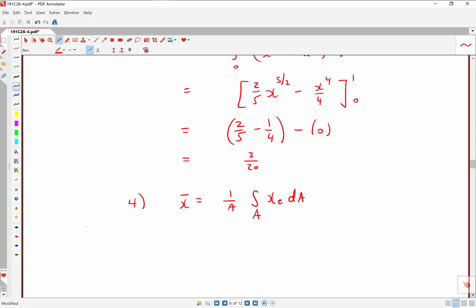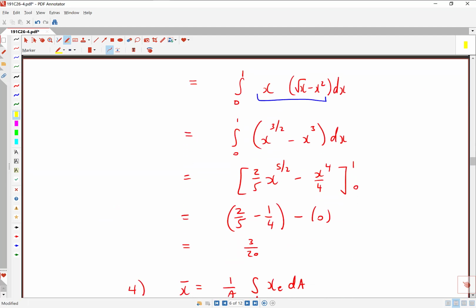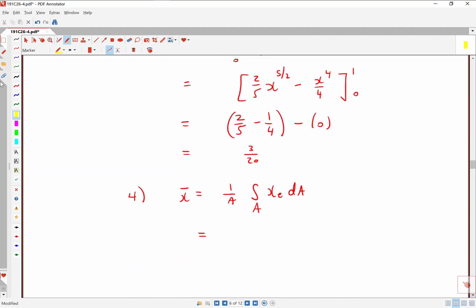And we've got all the pieces of the puzzle now. We just need to scroll back through our various steps. So let's look back at step 1 to see what the area was. Looking back at step 1, oh yeah, area was 1/3. So if we want to divide by 1/3, that is like multiplying by 3. Okay, and then that needs to get multiplied by this integral that we just calculated in the last step. That integral had value 3/20. So overall, x bar comes out to